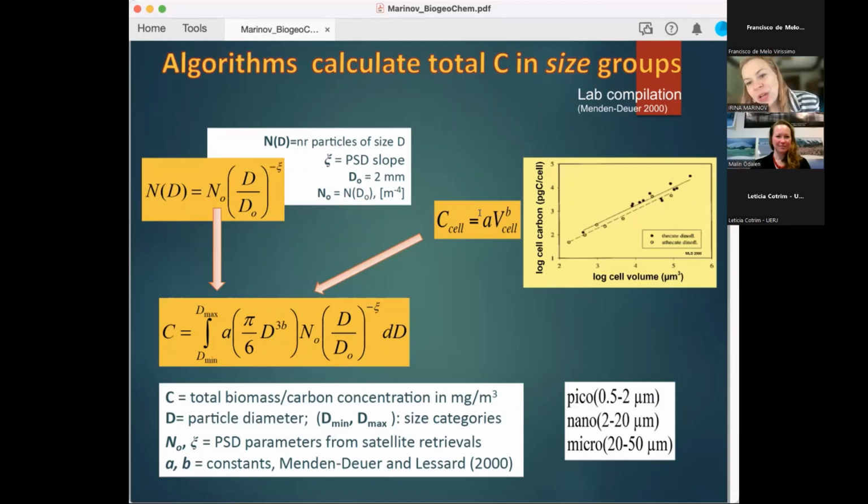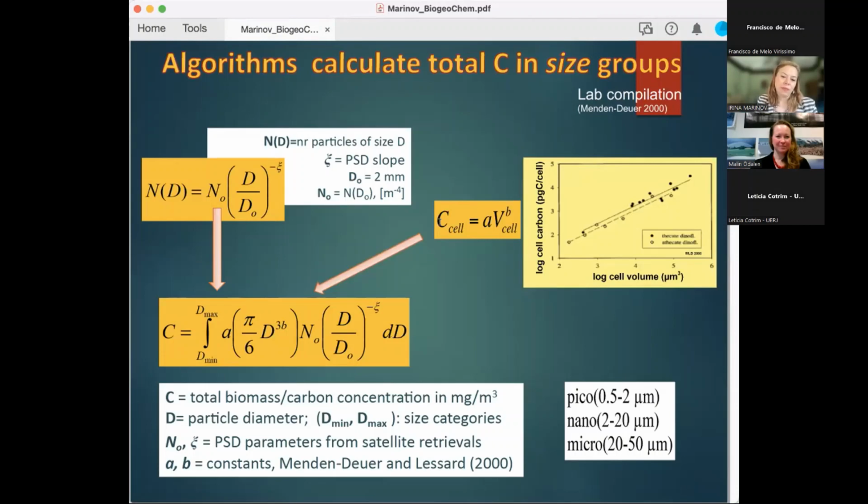We also assume a relationship between biomass of carbon and the volume of the cell. Density inside cells is not always uniform. The biomass of the cell is not equally distributed in the cell, and it can get a little bit complicated. So we use lab measurements, compilations. In our case, we use the compilation Menden-Deuer 2000 to understand the relationship between the biomass and the volume